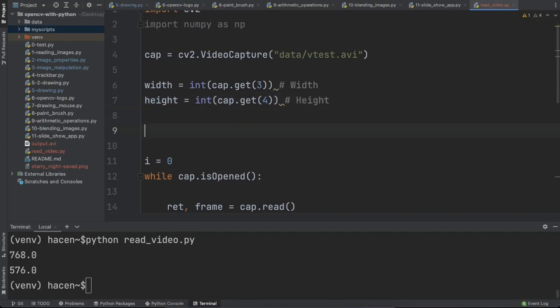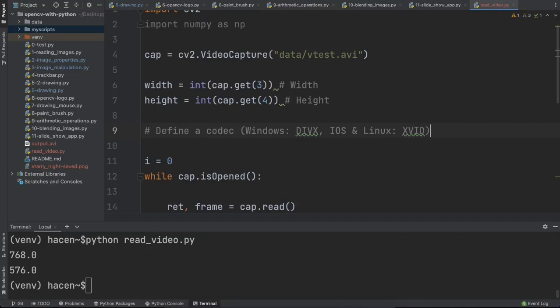To save a video we first need to create or define a codec, and this depends on the system. For example, for Windows it will be DIVX, and for iOS and Linux it will be